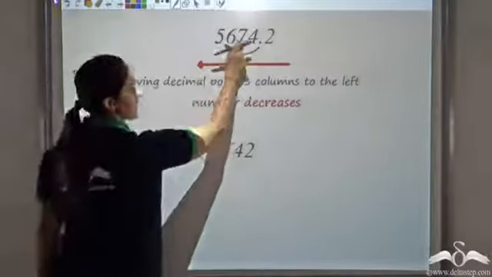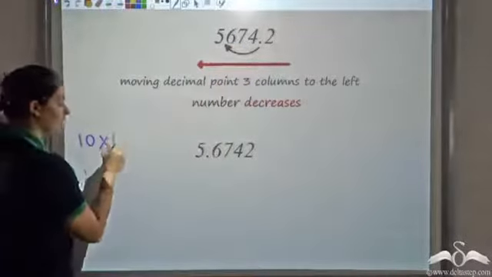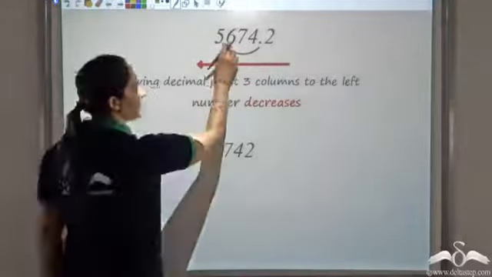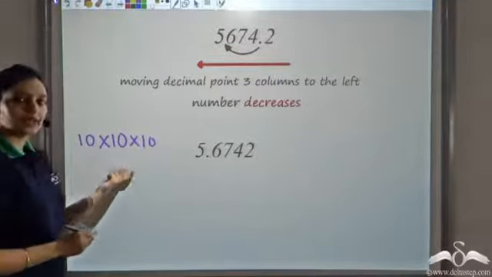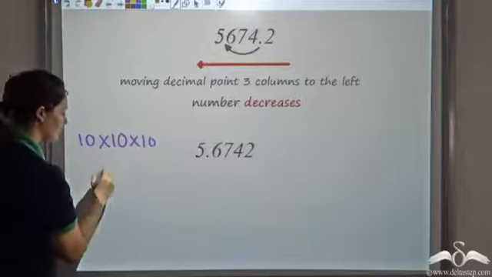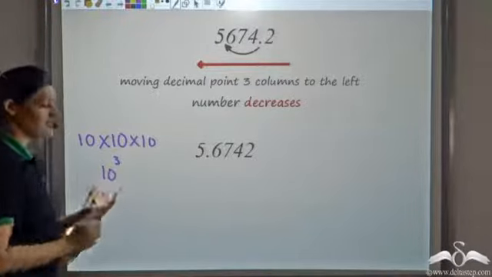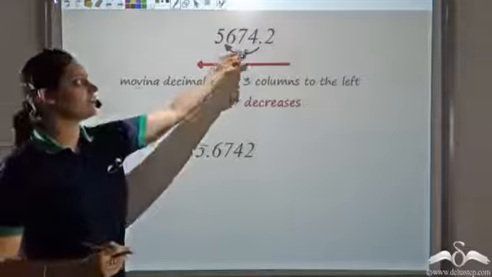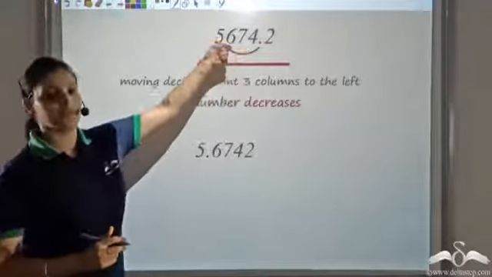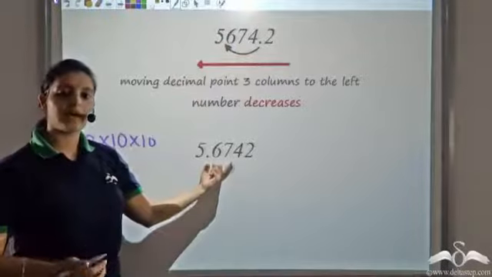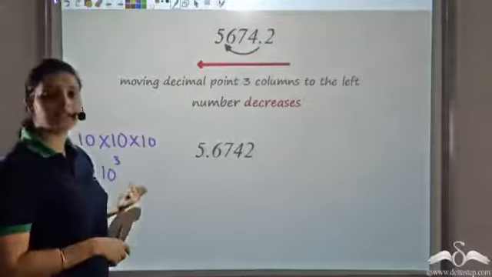Shifting the decimal the second time, again I decrease the number 10 times. And 3 places, so I decrease the number 10 into 10 into 10. That is 10 to the power 3 times. This is the decrease which I have done while shifting this decimal from here to here. So for this number, I have decreased it 10 to the power 3 times.